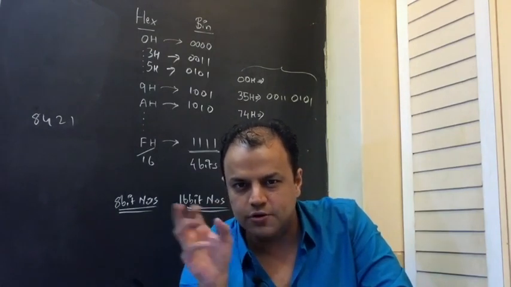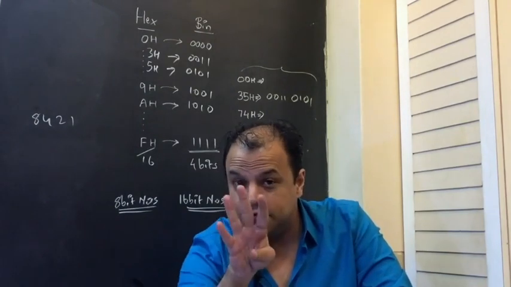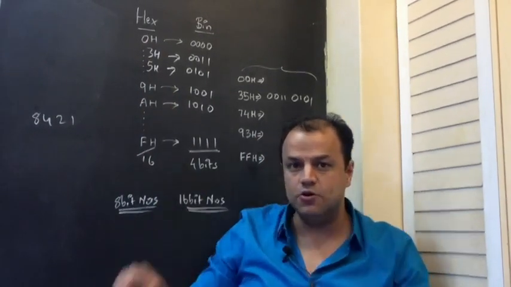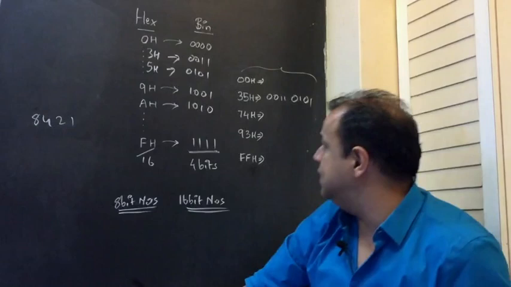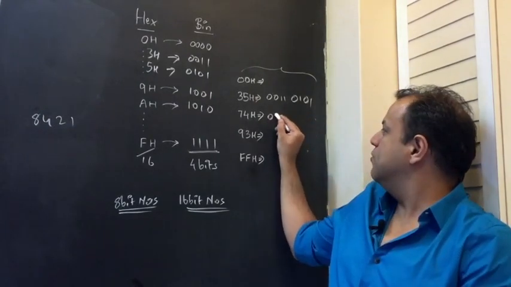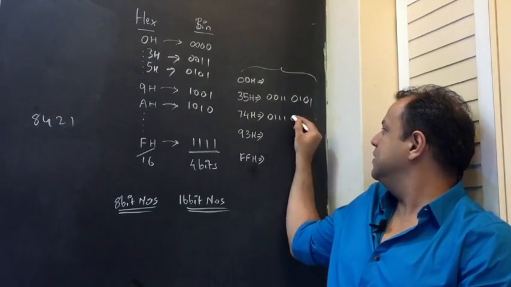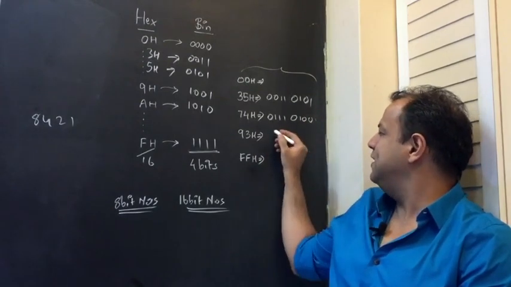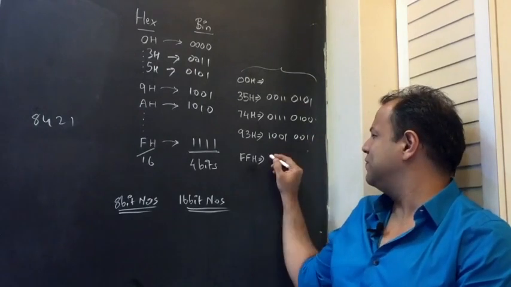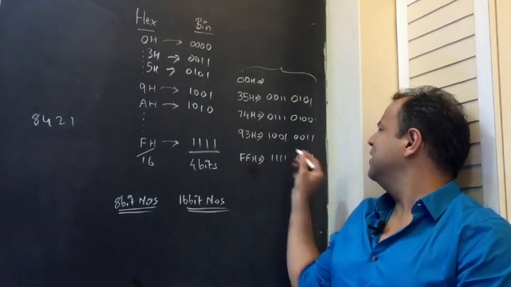For every digit, you represent bits. But how many bits? 4 bits. The reason for that is one digit has 16 combinations. 16 combinations needs 4 bits. Are you clear? So 35 is, this is 3, this is 5. 74: 0111 is 7, 0100 is 4. 93: 1001 is 9, 0011 is 3. FF: 1111, 1111,